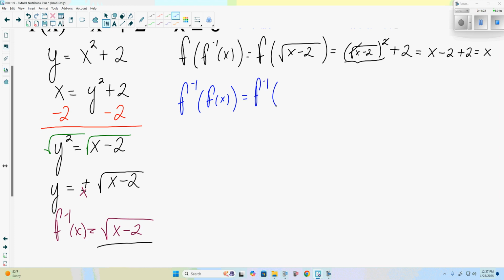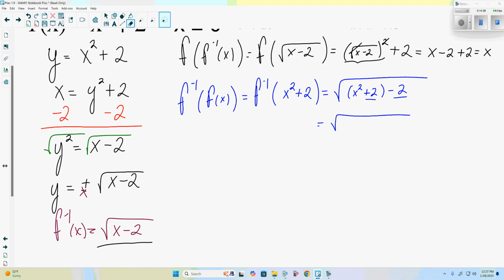So now we're going to look at f inverse of f of x. Well, f of x is our x squared plus 2. For this one, we're going to replace every x in f inverse of x with x squared plus 2. So we have the square root of the quantity x squared plus 2 minus 2. We'll drop the parentheses, and our plus 2 minus 2 become what? 0. Telling us that we have the square root of x squared,